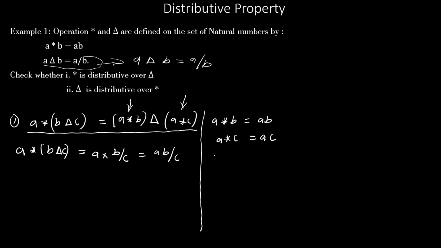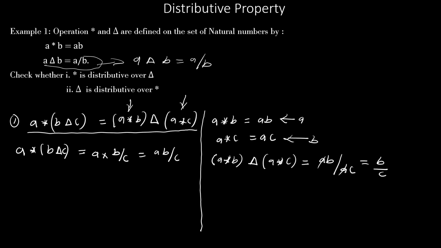So we now have this as our A and this as our B. So (A asterisk B) triangle (A asterisk C) is going to be equal to AB over AC. This will cancel out, and here we have B over C. So looking at the answer we have here, which is AB over C, and we have B over C here,